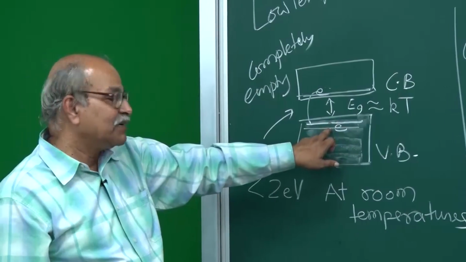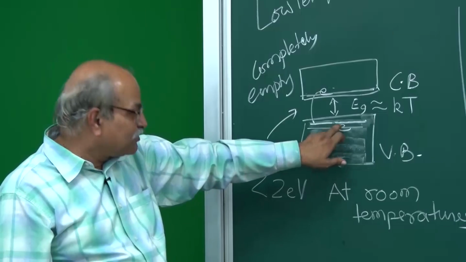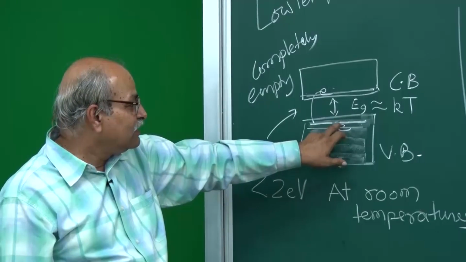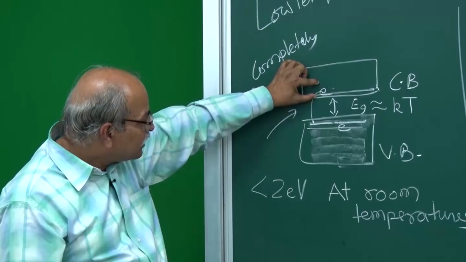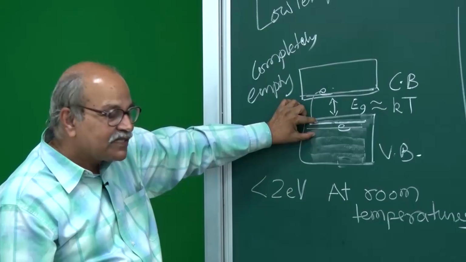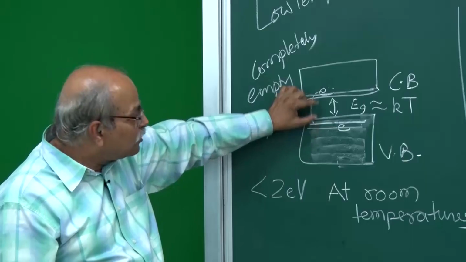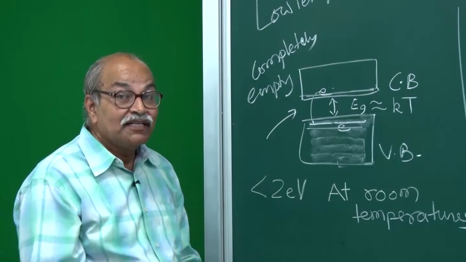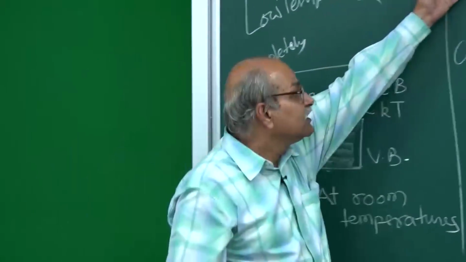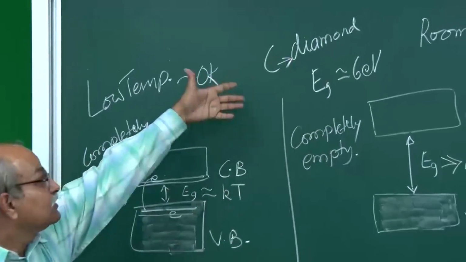Of course, this will become empty, but some kind of electron movement is possible. So, all because of these electrons in the conduction band and because of these empty states in the valence band, both ways some electric conduction is possible if you apply this electric field, if you connect that system to a